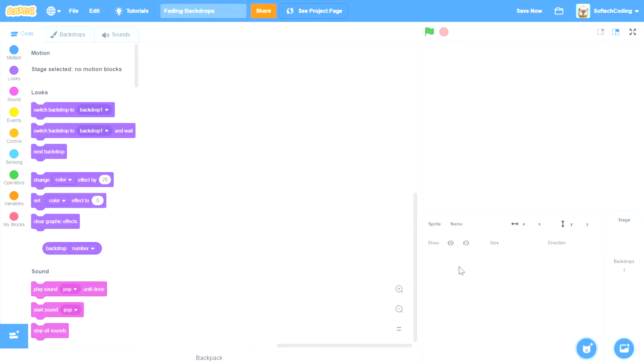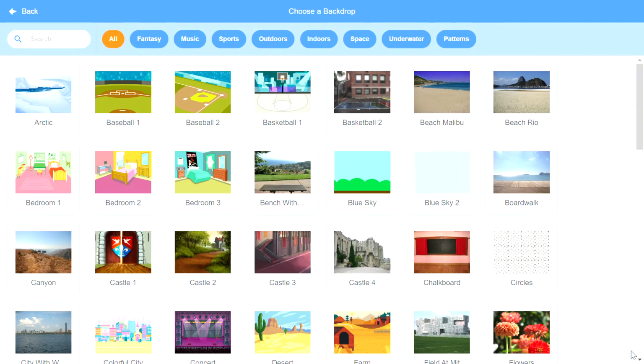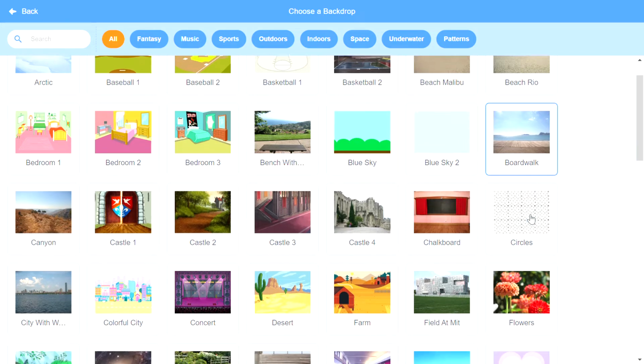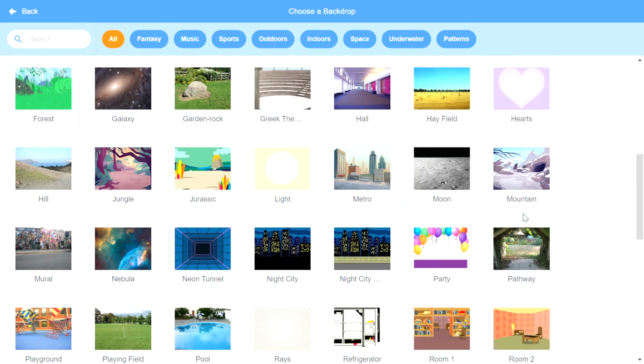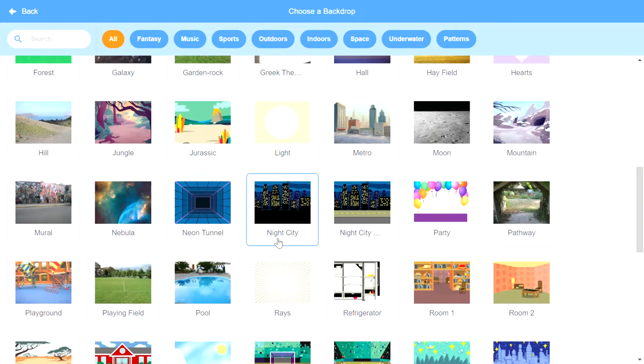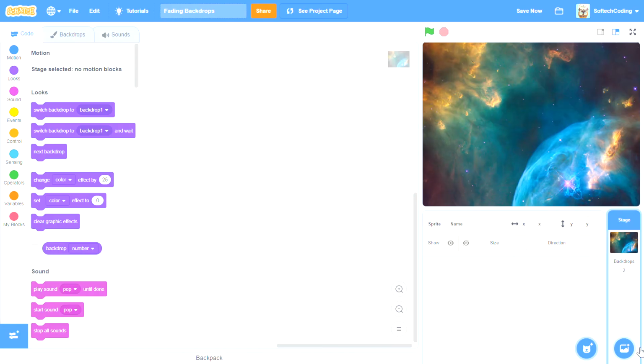Let's get started. So, I'm going to delete the Scratch cat, because this actually just uses backdrops. And we're going to choose a few backdrops. Now, you guys can choose backdrops specific to your projects, to school projects, whatever you want to make a slideshow for, all right? Or whatever you want to use it for. Like for the intro of this video, I actually used this effect. So, for example, let's say you want to go to, I don't know, space through the nebula,